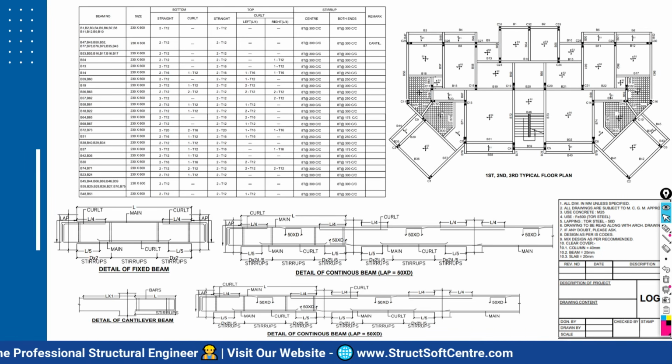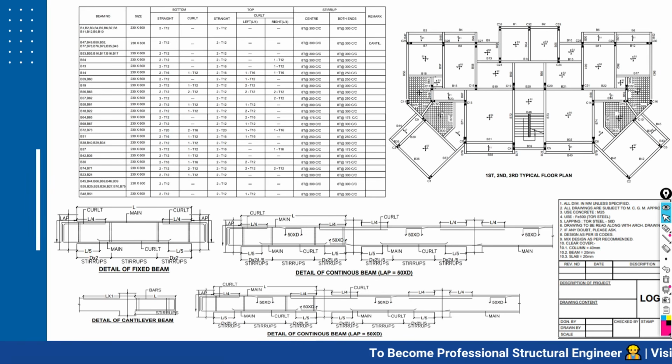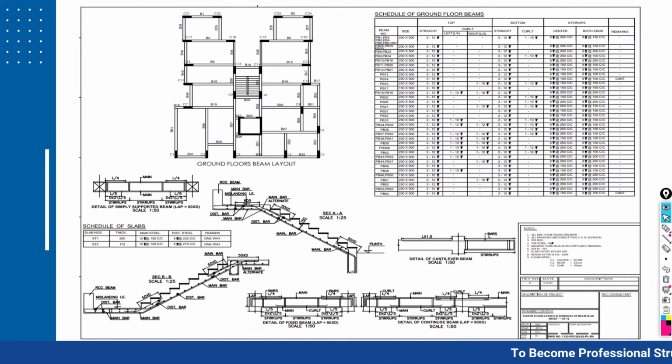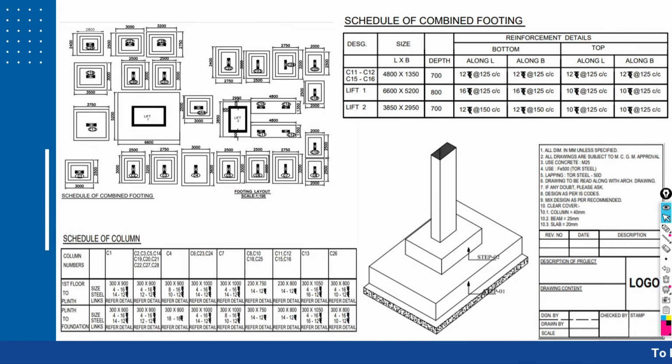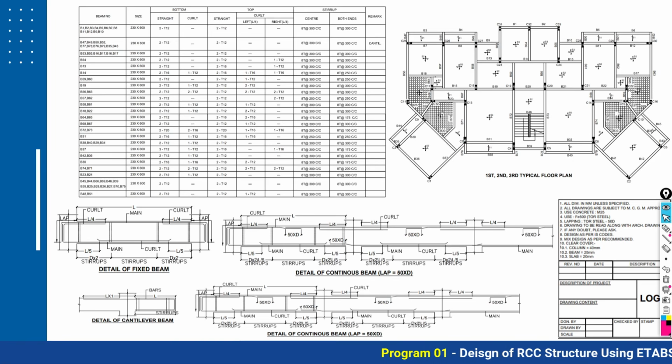We are not only going to do the analysis and design for each and every element, beam, column, slab, shear wall, footing, every element, we are going to prepare the schedule in detail, and after that we are going to complete this project. But in this way, one challenge will be there. If I am asking to do this scheduling and detailing for, let's say, a G plus 5 or 6 floor building, you will take a hell of a lot of time, about 2 or 3 days. That is the problem if we are going to do it manually.